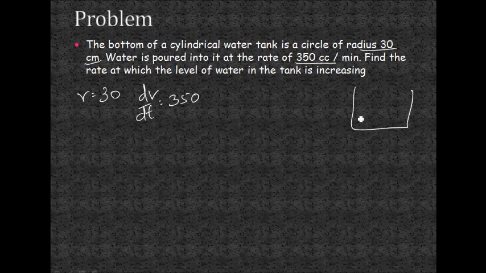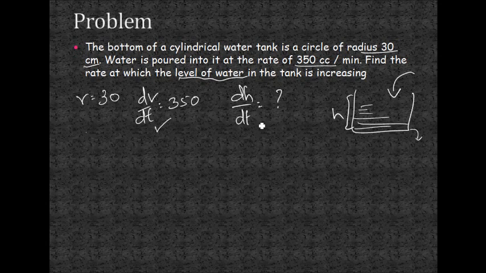In this case, the level of the water increases as it's being poured in instead of getting out. So the level of water increases, which means this is h. Therefore, you are asked to find dh/dt. When the change of volume is given, dh/dt is asked. So we know that dV/dt is equal to